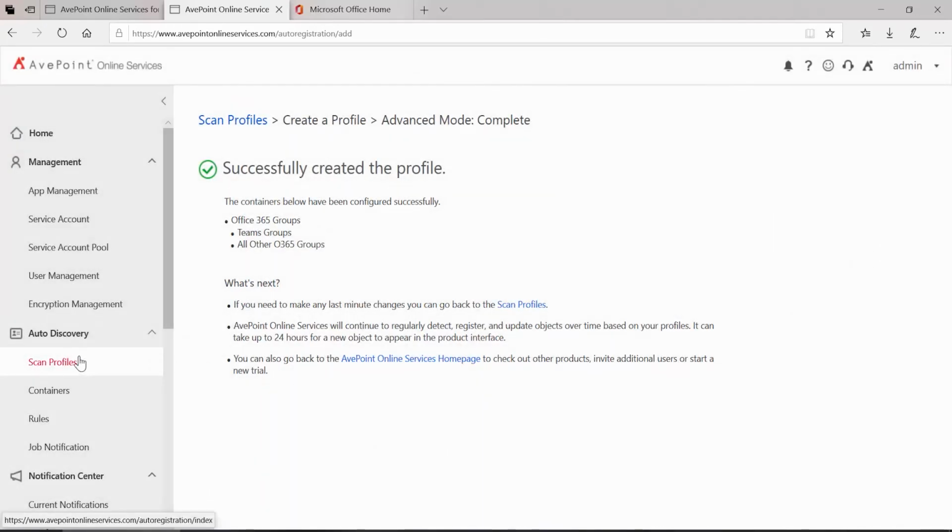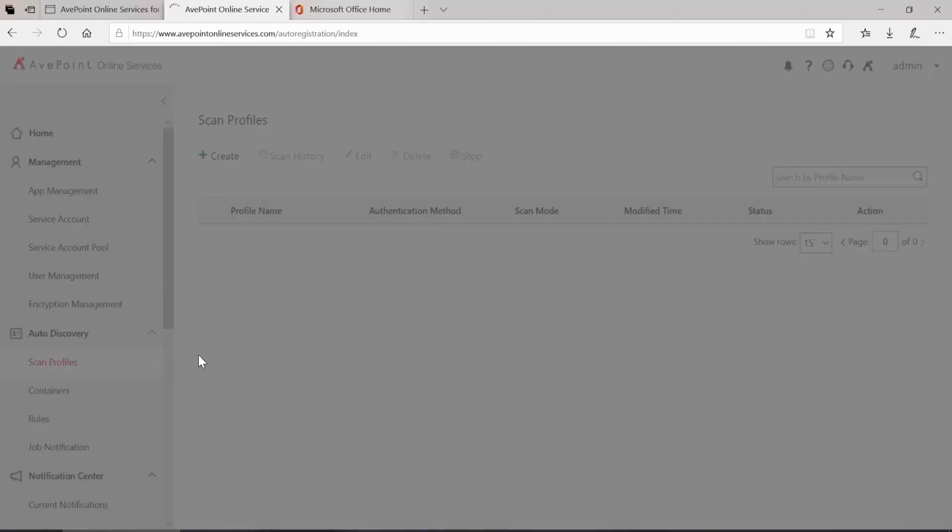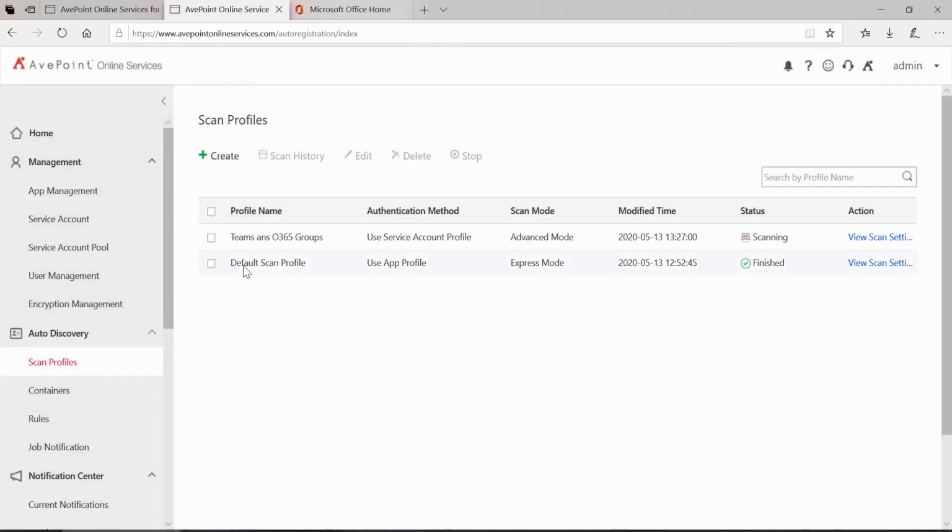If I now go back over to my scan profiles, we can now see that we still have our default scan profile, which was looking for things like my mailboxes and my SharePoint Online site collections. And we have our new advanced profile, which is going to find our Office 365 team groups and put them into that new container, and then take all of the other groups that it finds and put them into a separate container. So now, once that's done running and it synchronizes to AvePoint Online Services,